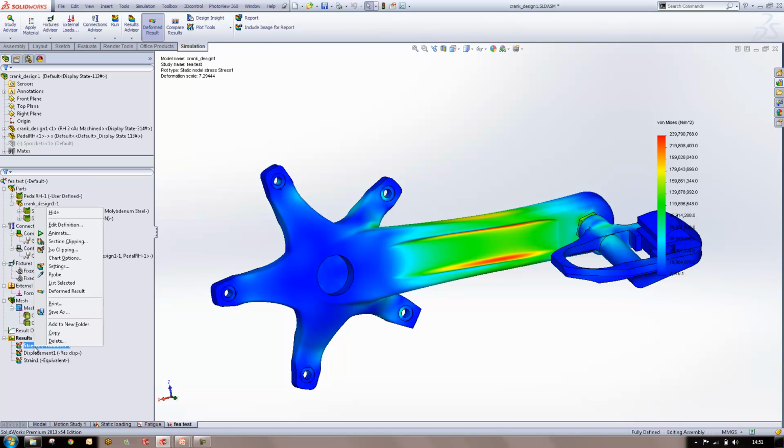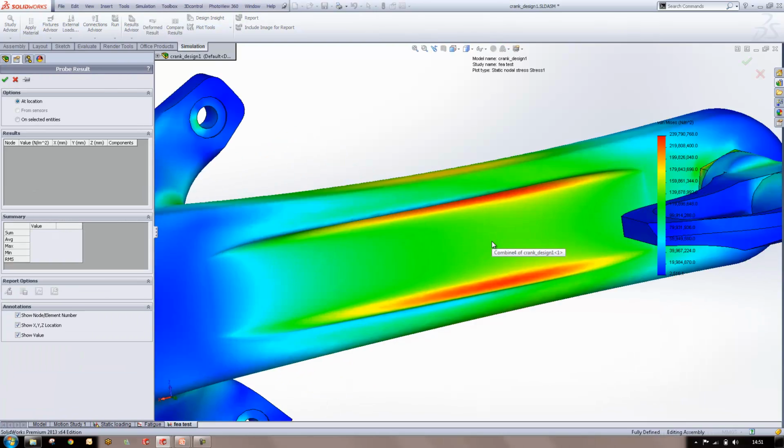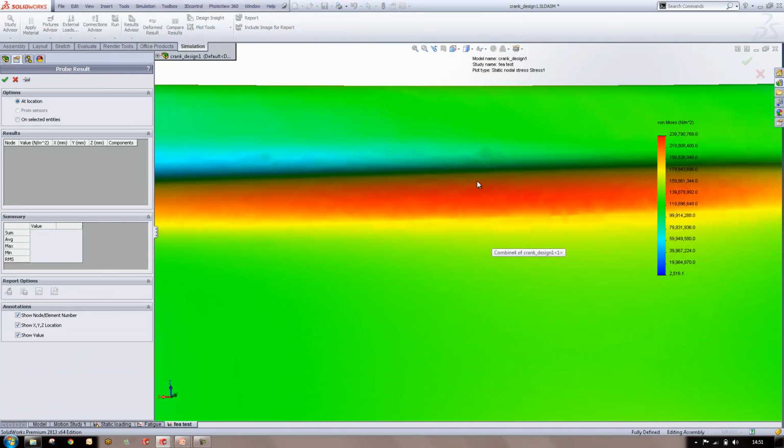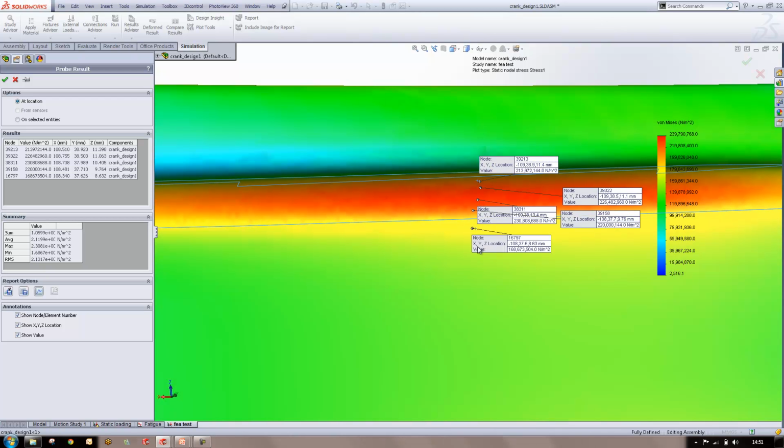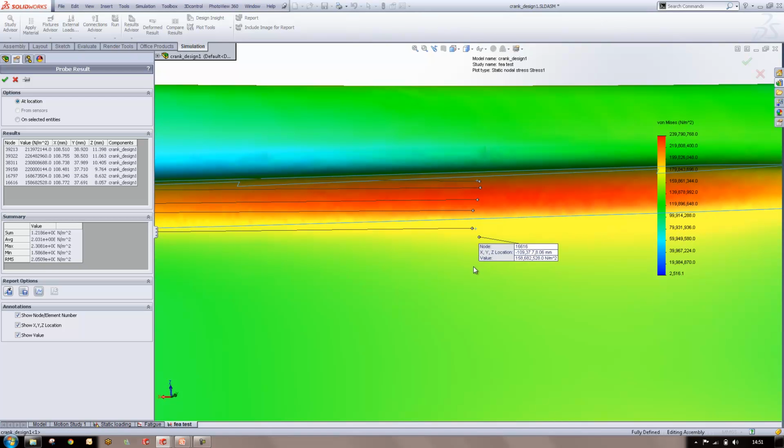Okay, next we've got one final tool, which is referred to as the probe tool. Now the probe tool is a more numerical way of getting results out. So far we've seen very visual results. They're all very clear, but colourful and not particularly precise. Instead, what we can do is grab that probe tool, come in here, and for example grab a couple of locations around here, draw a line with some points essentially,